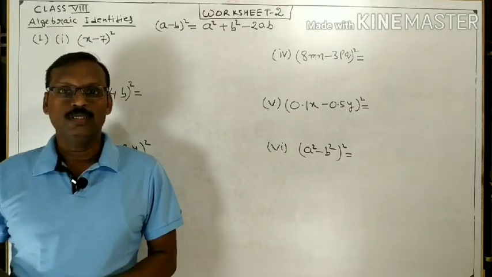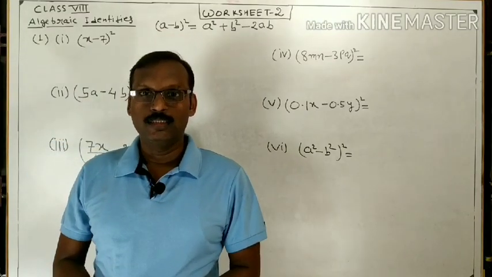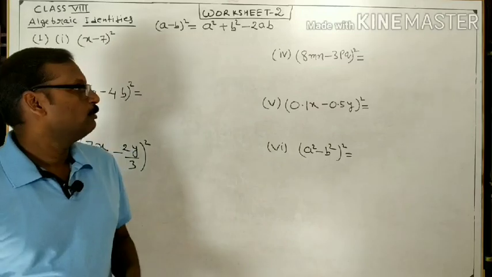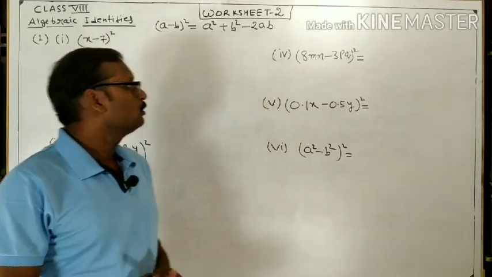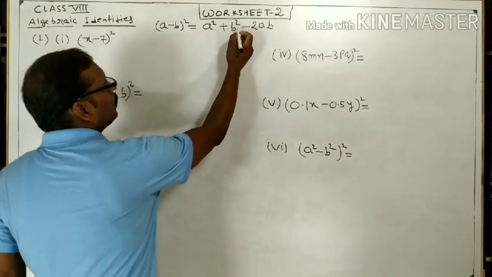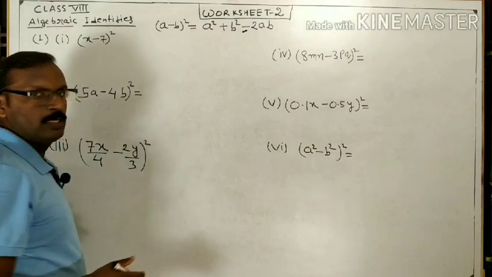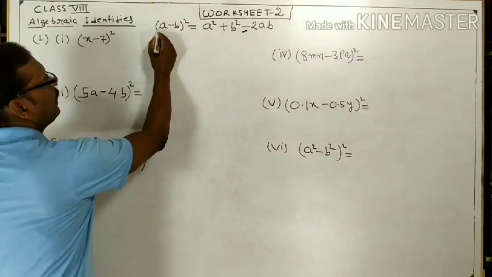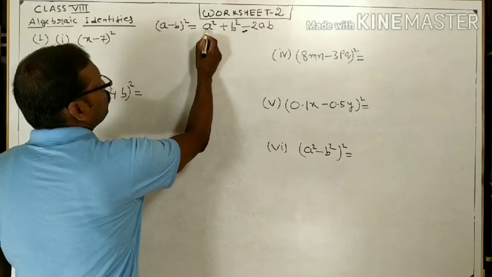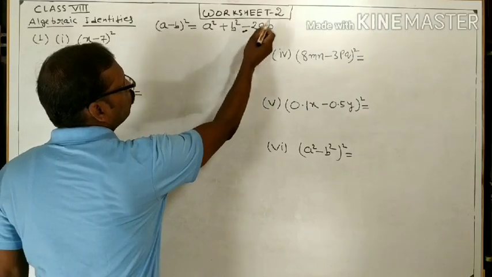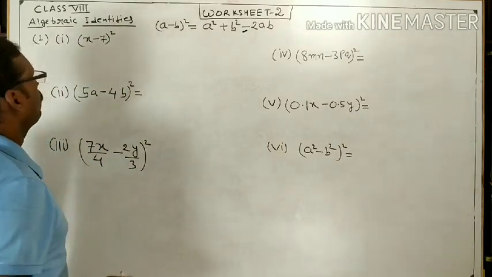This is Alok Kumar Sinha and today we will solve the problem based on algebraic identity 2. This is very much similar to algebraic identity 1. The only change in this identity is that here we put minus 1 in place of 1. So algebraic identity 2 is (a minus b) whole square equal to a square plus b square minus 2ab. So now we are going to solve the problems one by one.